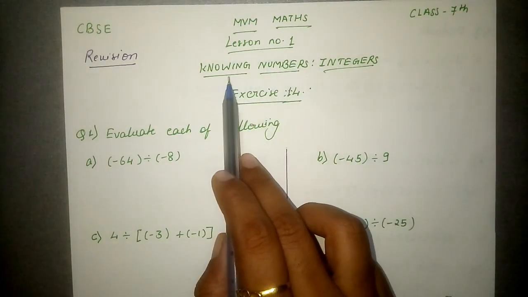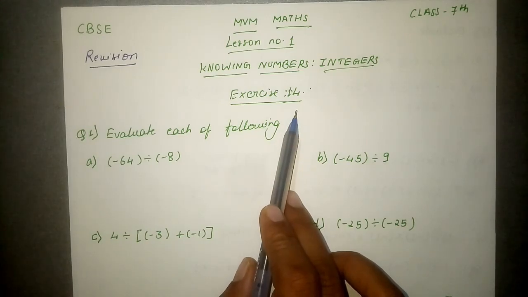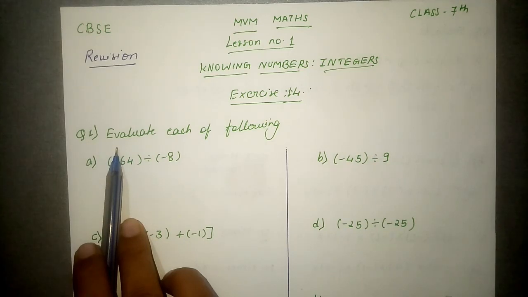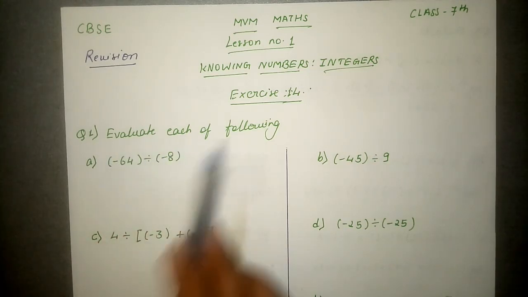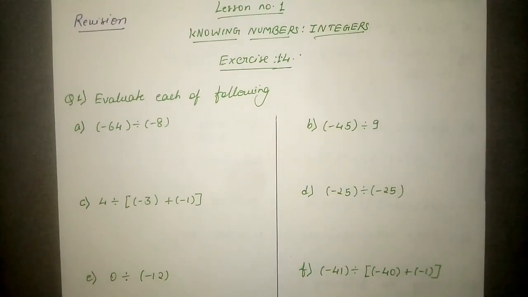Lesson number 1, knowing numbers, integers, exercise number 1.4. Question number 1, it is given, evaluate each of the following. So here we have to evaluate. So what is given in the question, that we will see first. So here it is given in the question,